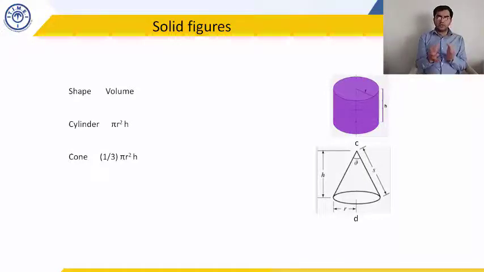Whereas for a cone, the cone is a fraction of the cylinder. Now this formula is obtained using integration, so you don't need to concern yourself with it. So you get 1/3 of pi r square h. So what we can see over here is that yes, the volume of a cone is a fraction of the volume of a cylinder. What is the fraction? It is 1/3.